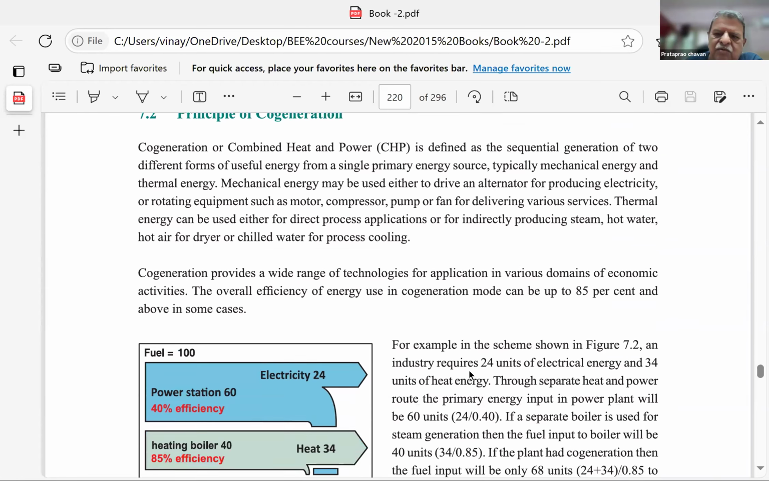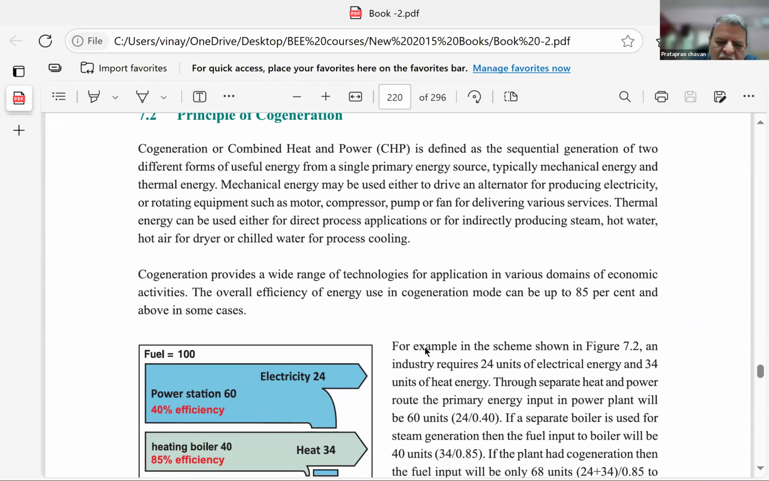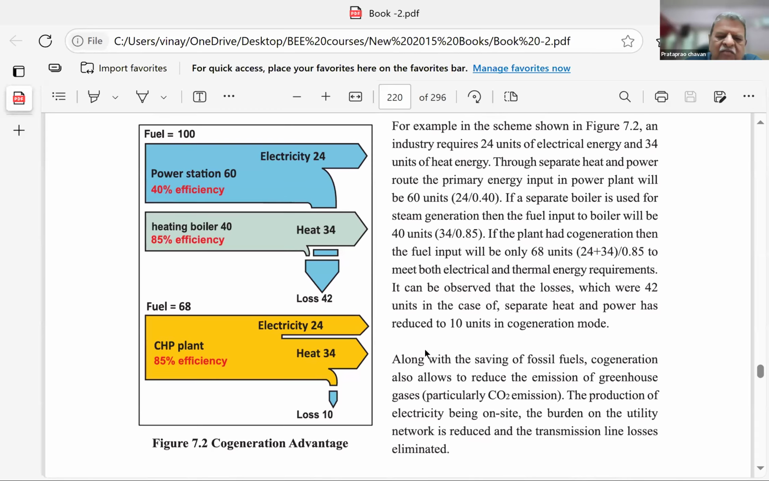Now here, there is one simple explanation. Principle of cogeneration. That means what? Now let us look at this particular figure showing the advantage of cogeneration. Suppose, first example, I want electricity to be generated, 24 megawatt, and also my heat requirement is of certain kilocalories. Now to generate 24 megawatt electricity, with 40% efficiency,